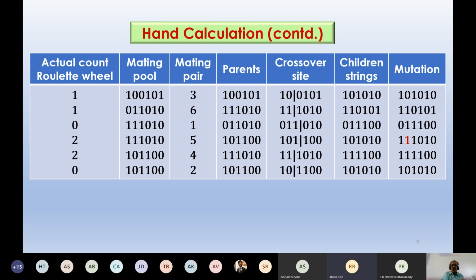Let me repeat. Whatever solutions after the mutation we are getting at the end of the first will be the starting for the second. The initial population is not generated once again at random. That solution, whatever I got at the end of the first iteration, will be carried forward to the beginning of the second iteration. So there is more or less a guarantee that I'll be getting this 3.91. Even if we do not get it due to this operator, particularly the mutation, whatever we got first, that is 3.91, we'll store it.